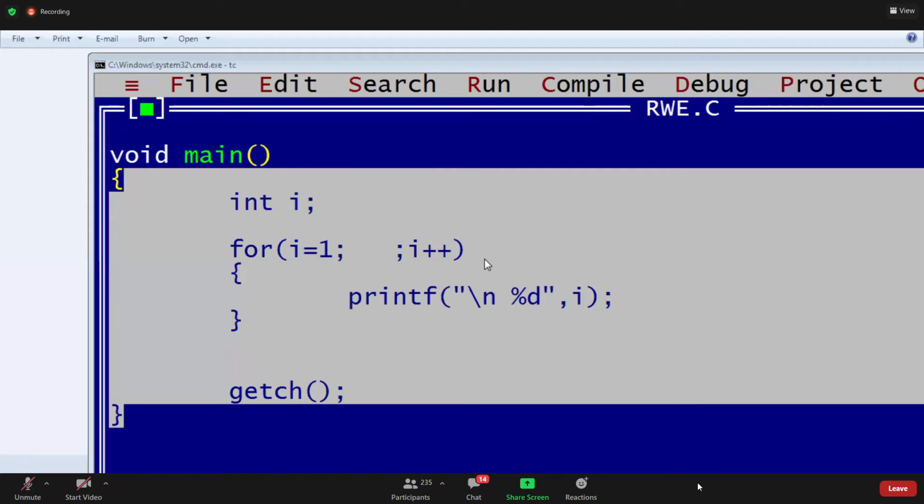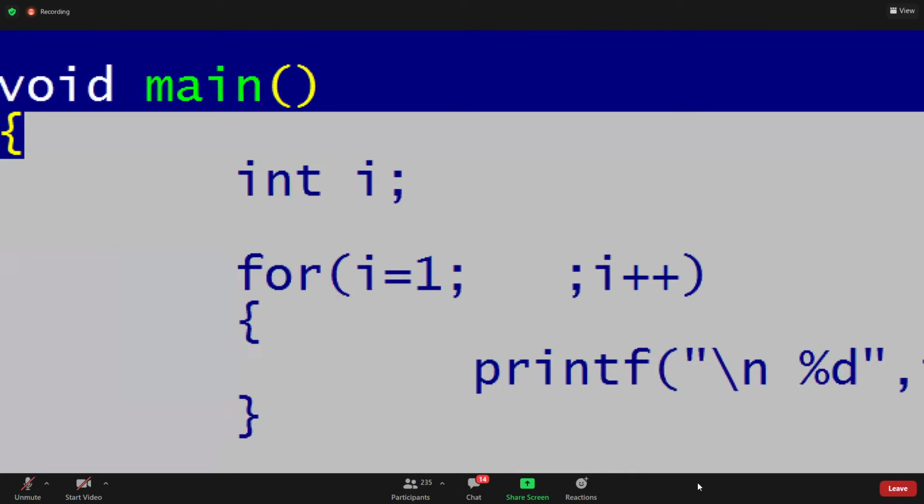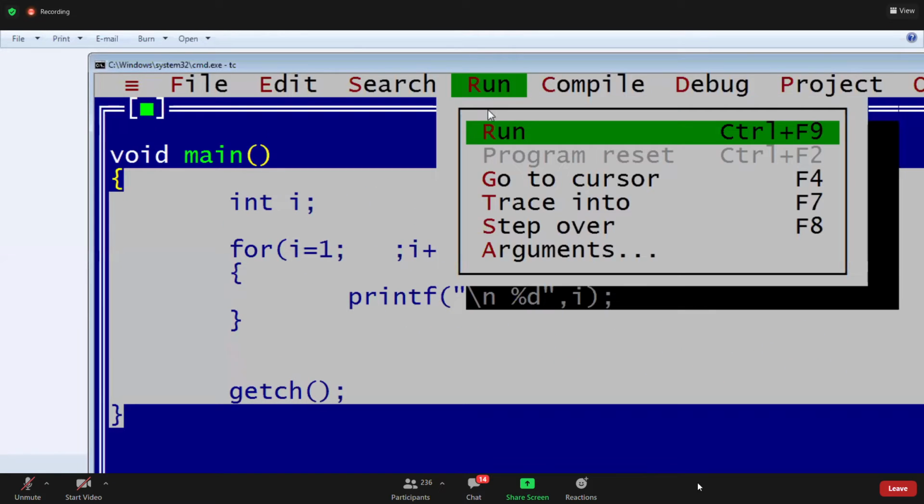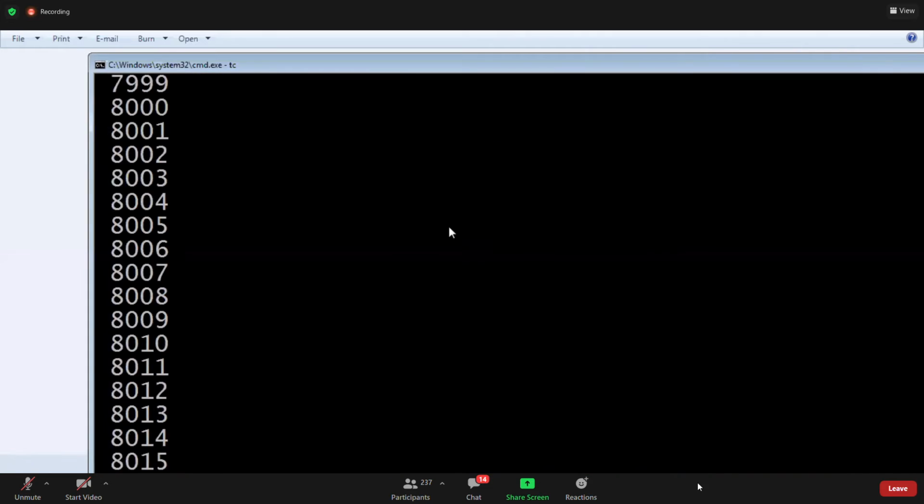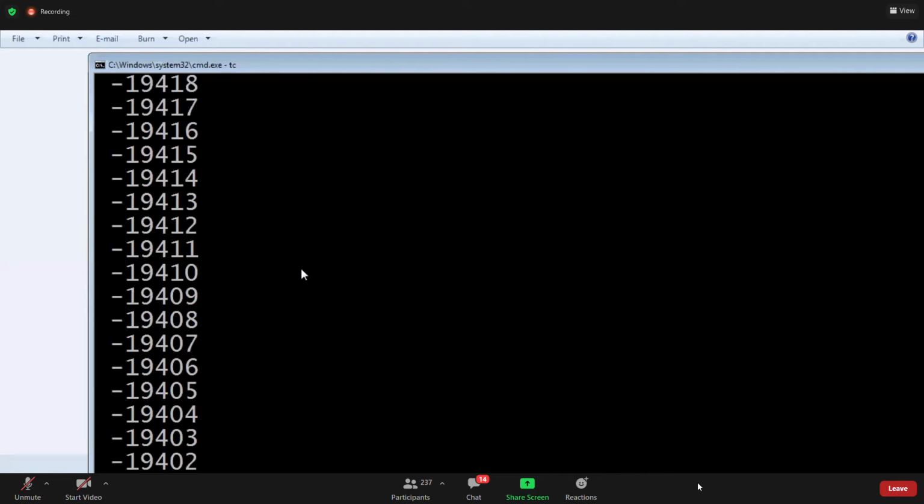If there is no condition, guys, then it is called an infinite loop. Always true. If there is no condition, that means always true, guys. Then it is considered as 1. So it is an infinite loop, guys.